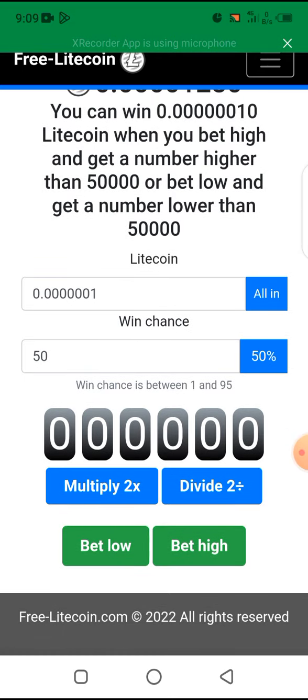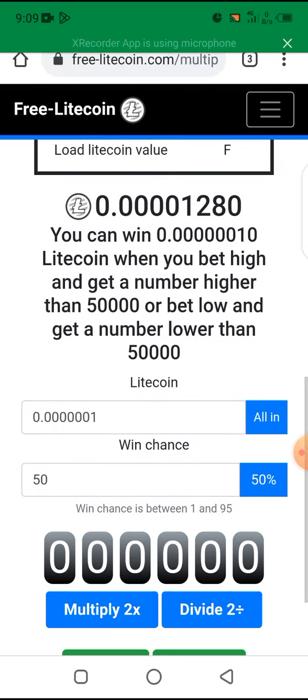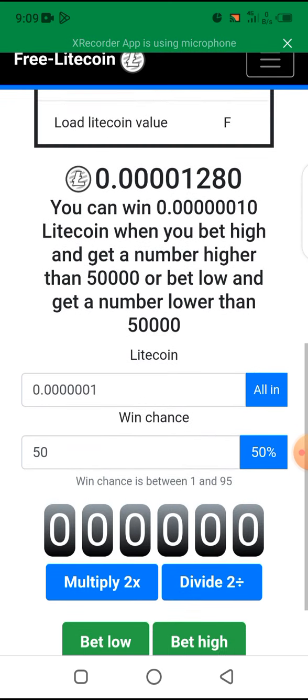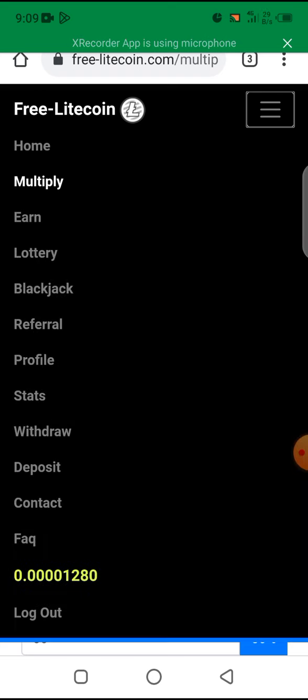So I think it has to do with you having an initial balance or depositing into your Litecoin account here before you can play this. But anyhow, it's still something worth trying. So another way that you could also